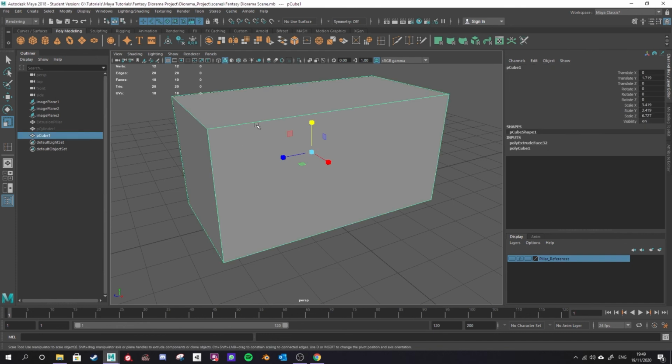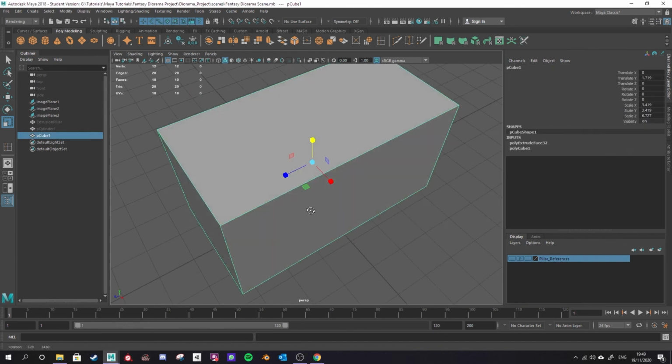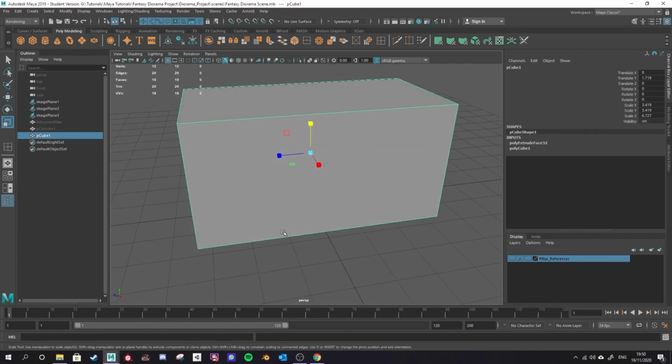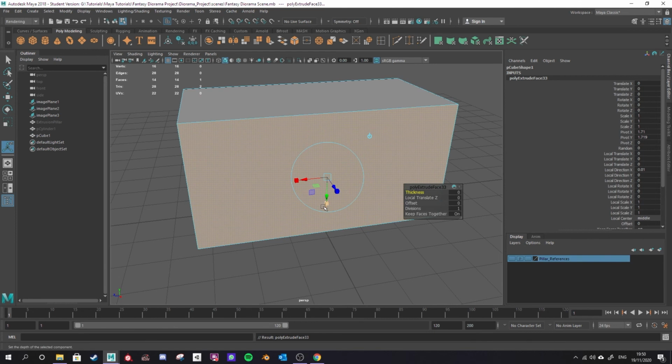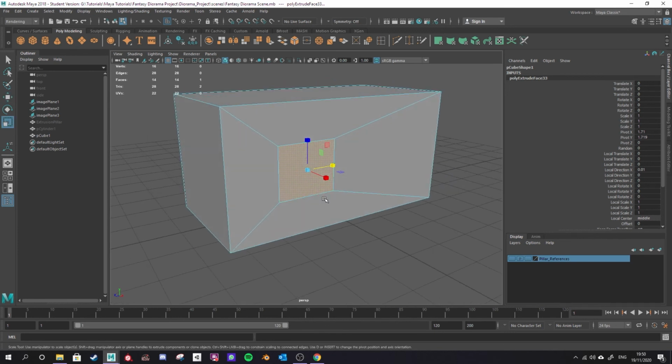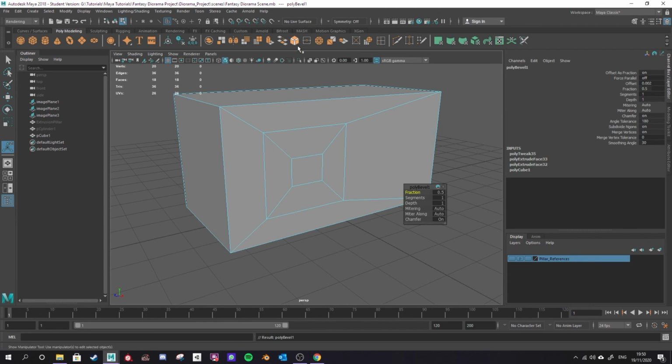The extrude and the edge loop tools can be used in a whole bunch of different ways. So say this was a side of a house that has a door here and has a window here. I could try to extrude from this face and then use my R tool to scale down. I'm going to use this pad to scale down on both of those axes. Then I could move this over here and resize it to whatever shape that window is going to be. And then you could use your extrude tool again,